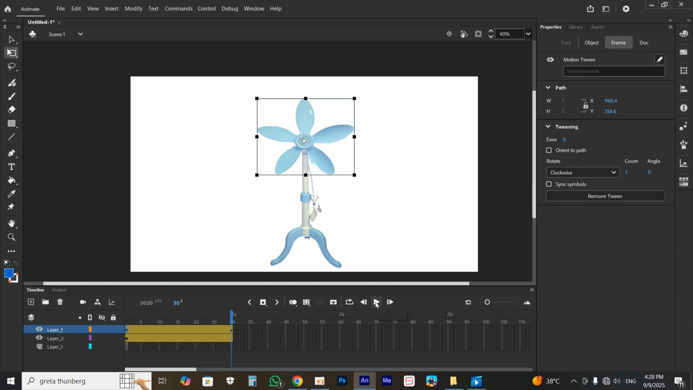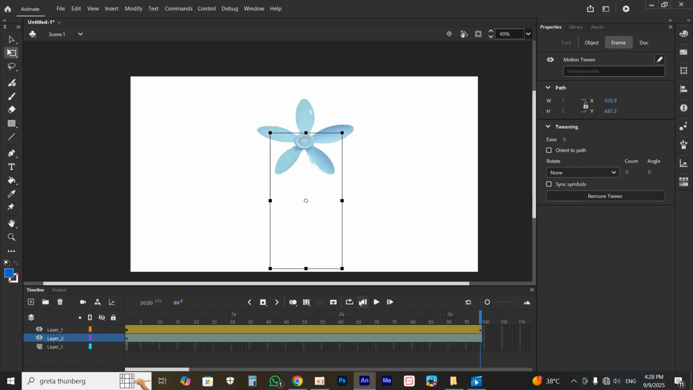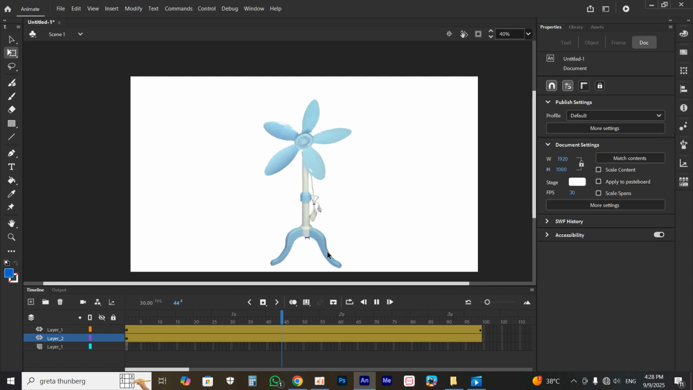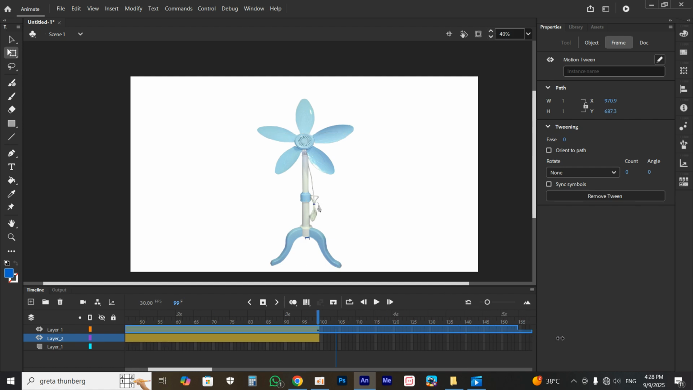But if you focus, the fan was rotating fast. For making a slow rotation, just come to here and move the timeline to here, for example, anywhere, okay? But you need to make a long timeline. So now let's test it. You can see it was slowed, and now you can make